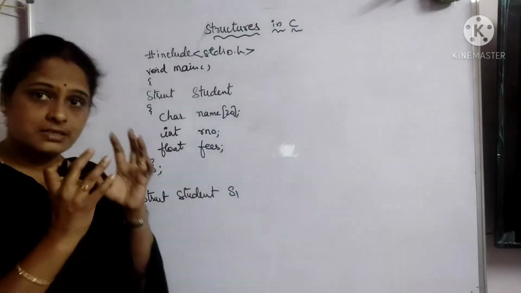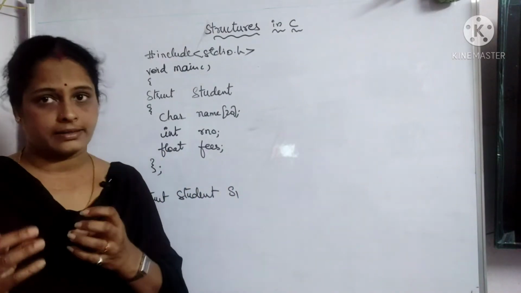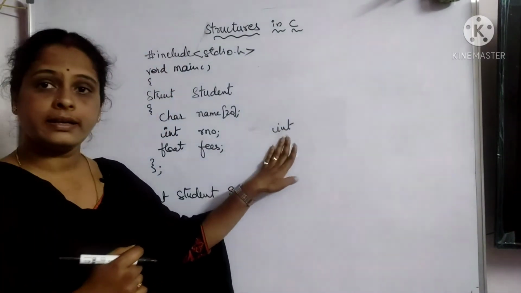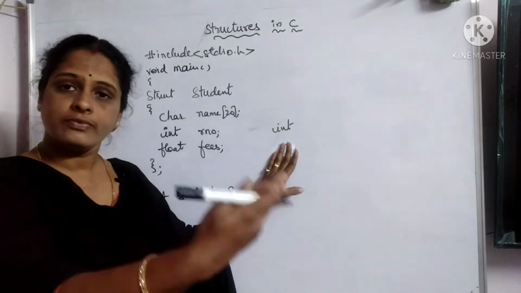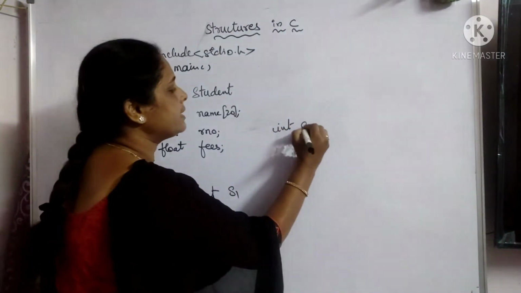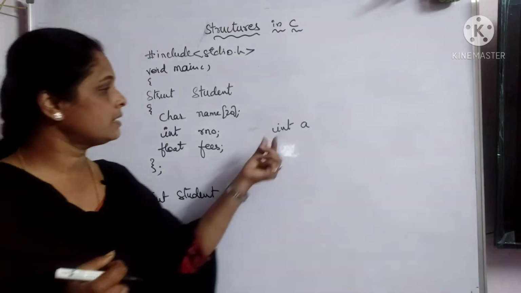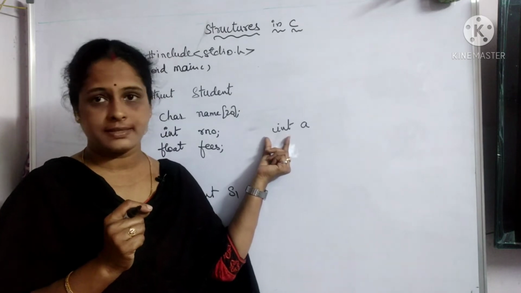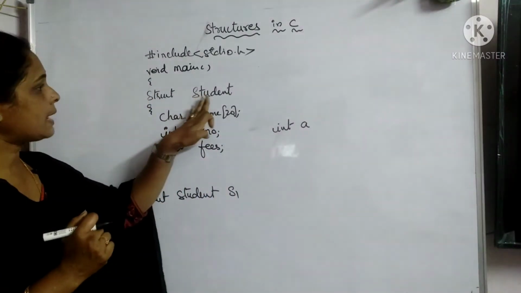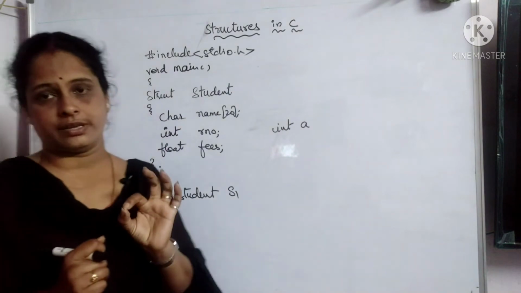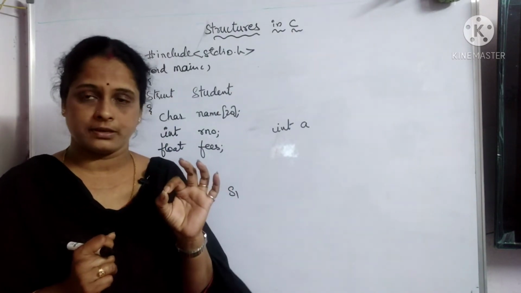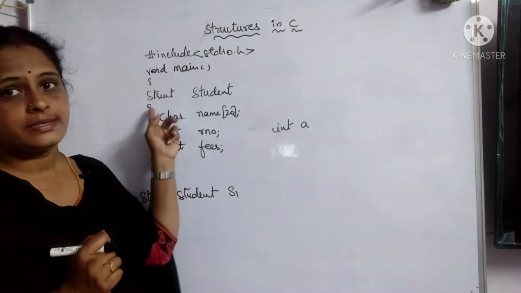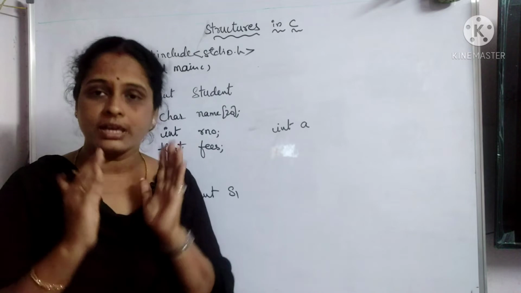Now when I said structure, struct is a derived data type, as we have int or float. Int is a data type here, and along with that I'll use a variable. Suppose int a. What happens here? Int is a data type and a is a variable of integer type, isn't it? In the same way, student is a data type here, of structure type. So student is a data type of structure type, and I need to give a variable for it.